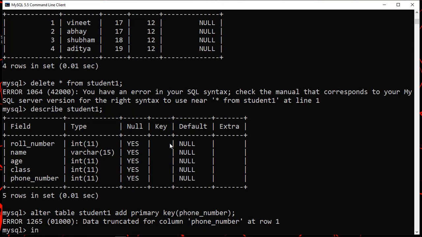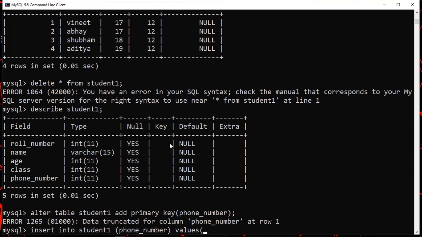So we write insert into student 1, and the name of the column, phone underscore number, and then write values, and inside these values pass the phone numbers.